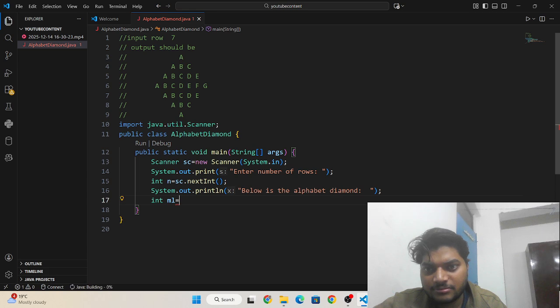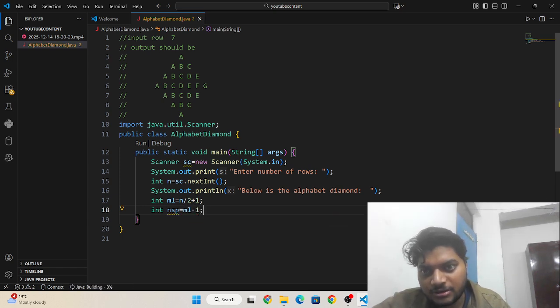First, the middle row of the diamond. So what is the middle row? For 7 rows, the middle row is 4. So I write n by 2 plus 1. Then int space, the number of spaces in the first row, which is middle row minus 1.